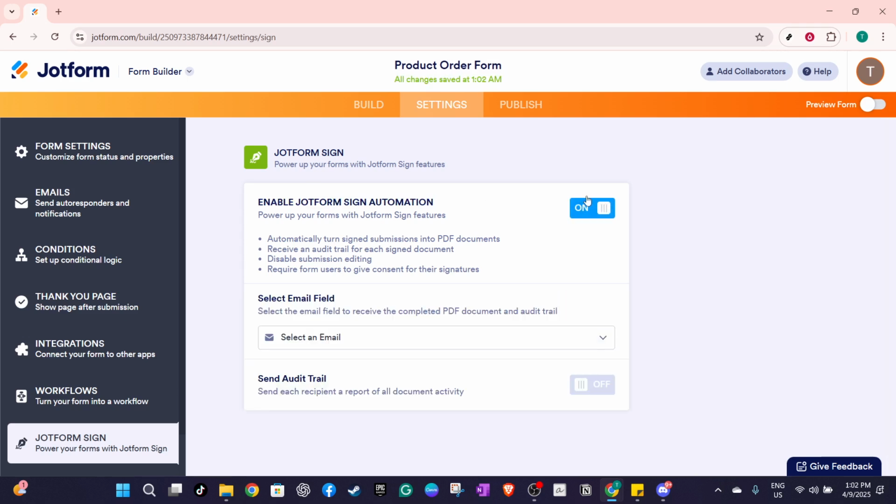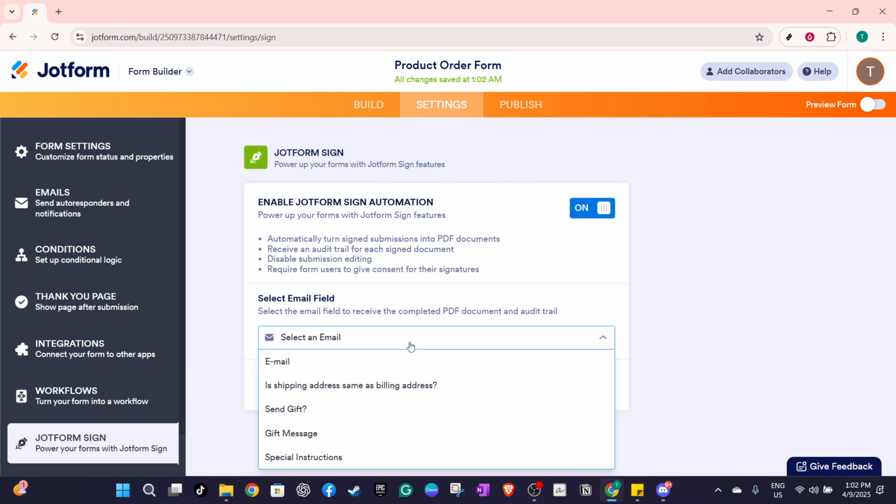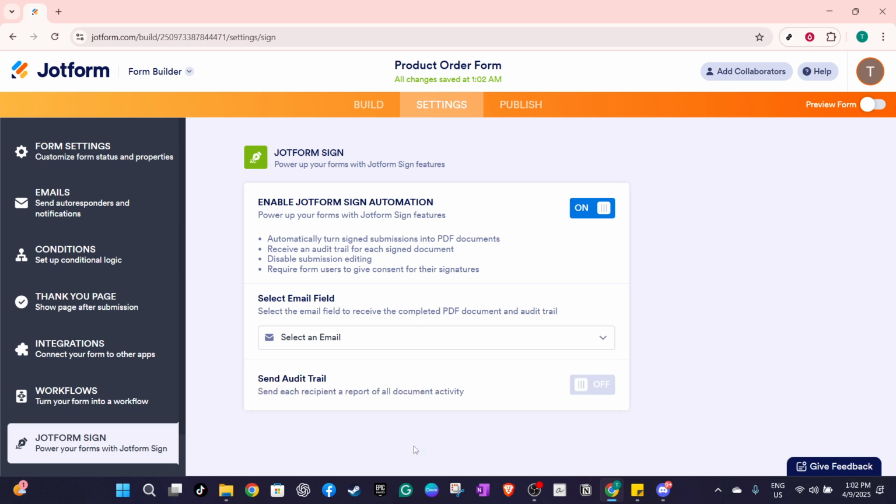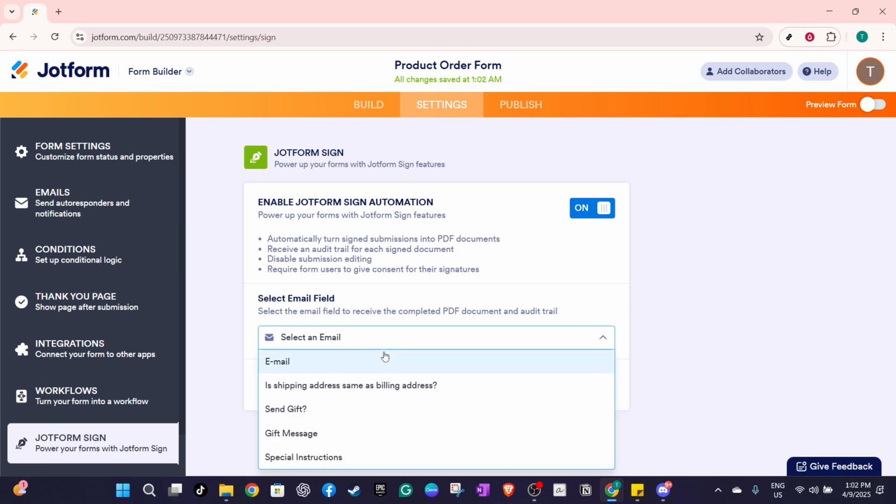and organized. With automation enabled, there's one more critical step: selecting an email field. This choice is significant because it determines where the signed PDF and the accompanying audit trail will be sent. Typically, you'll want this to be the email of the individual filling out the form, ensuring they receive a copy for their records. This not only provides a confirmation of their submission, but also fosters transparency and trust in the